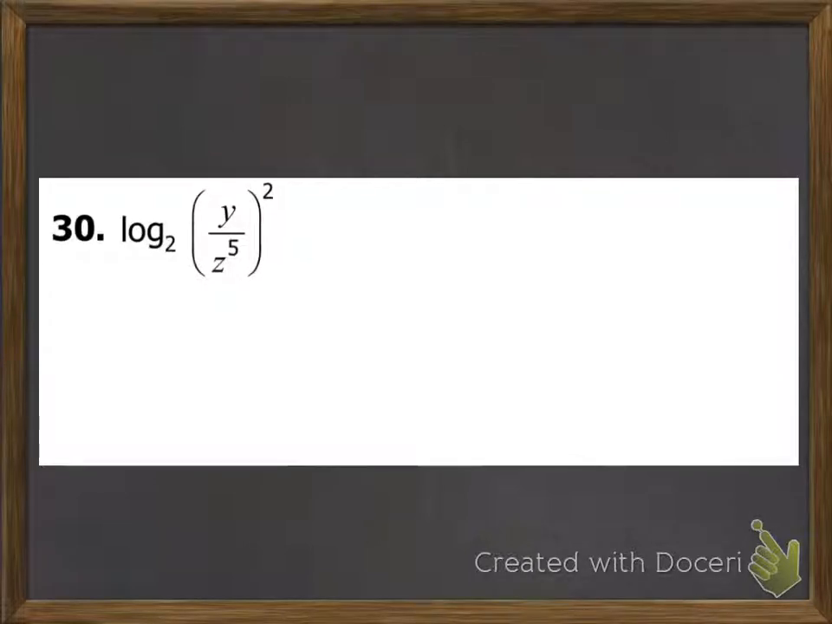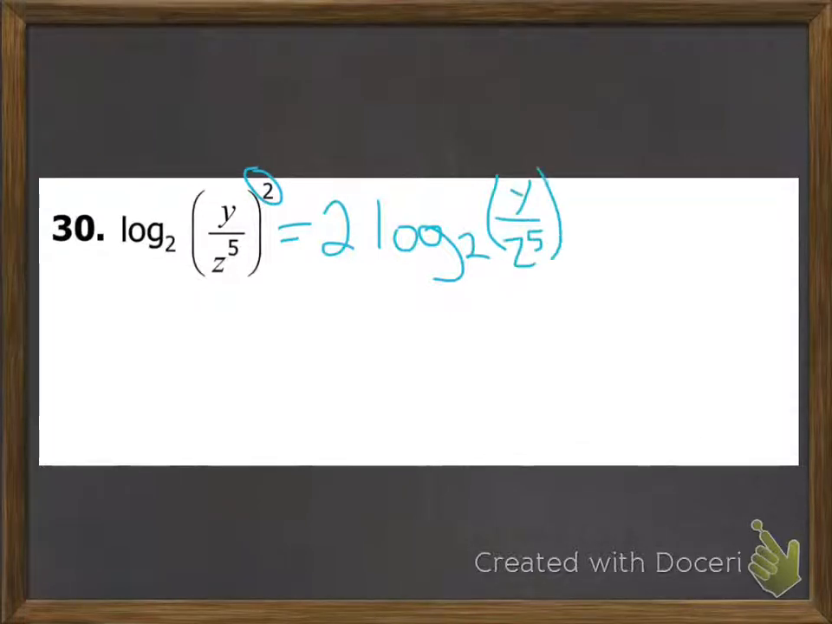Looking at 30. So very similar to the last problem, we have the exponent outside of the parentheses. So let's take care of that first. So now we're going to have 2 log base 2, and then inside the parentheses we had y divided by z to the fifth. So now that we moved the exponent, let's take care of these parentheses here. It has division, so that is now going to become subtraction. So now we're going to have 2